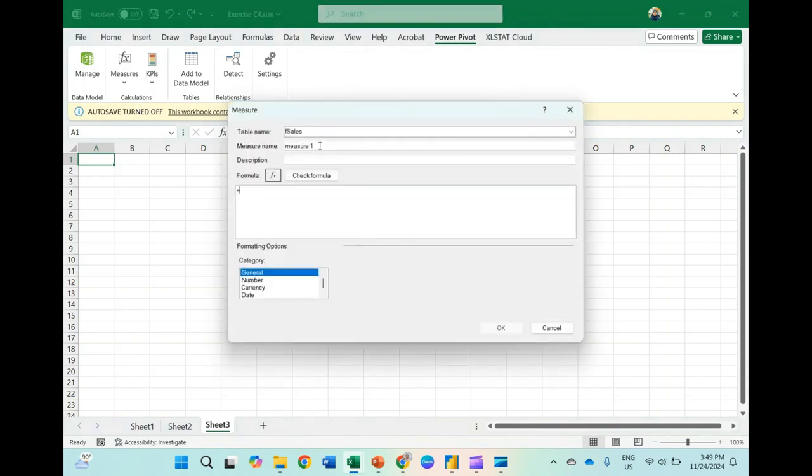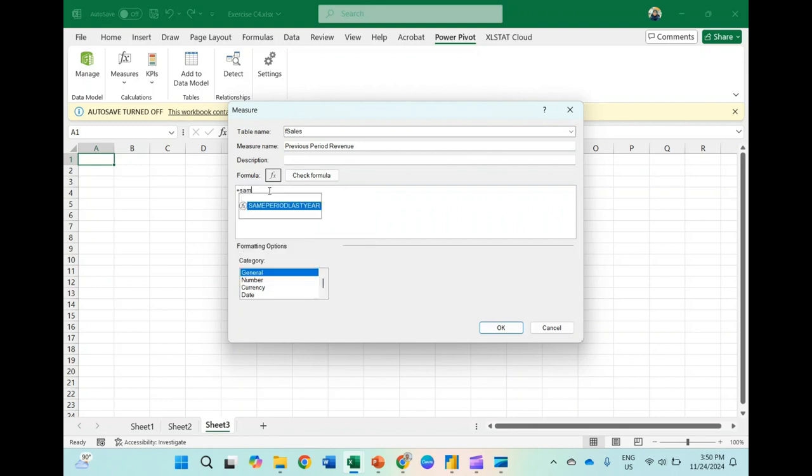Still in the same table, FSales. I want to name it Previous Period Revenue.